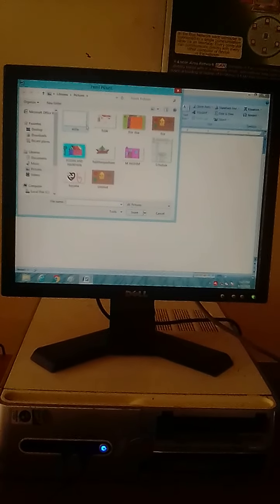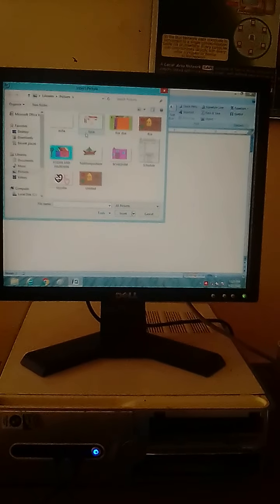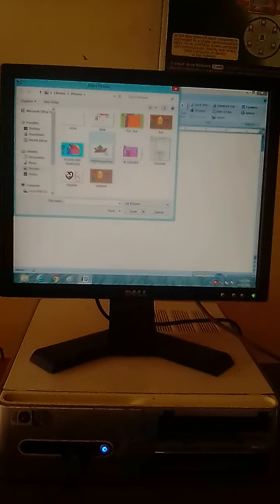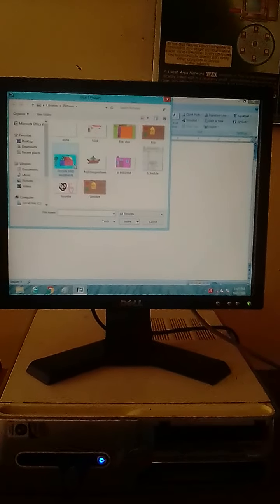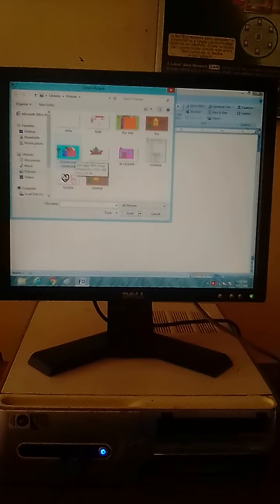As we click on Picture, different picture files will appear in front of us and we will select any one of them to insert on our document.